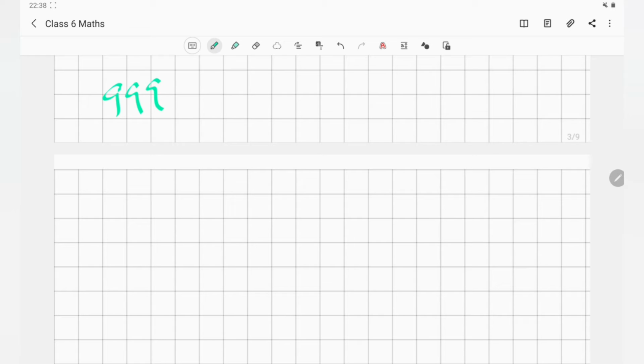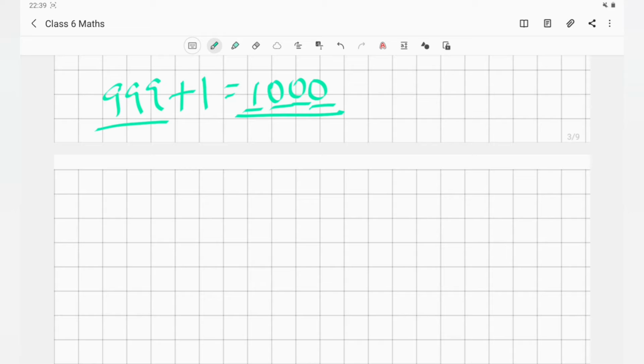But if somebody is asking you what is the smallest 4 digit number, simple. You go to the biggest 3 digit number, do a plus 1, and it will give you the smallest 4 digit number, which is 1000. How 4 digit? Ones, tens, 100 and 1000, right? You cannot have a 4 digit number which is smaller than this. So that's an important concept to understand, or you can remember it as well, that when somebody is asking what is the smallest